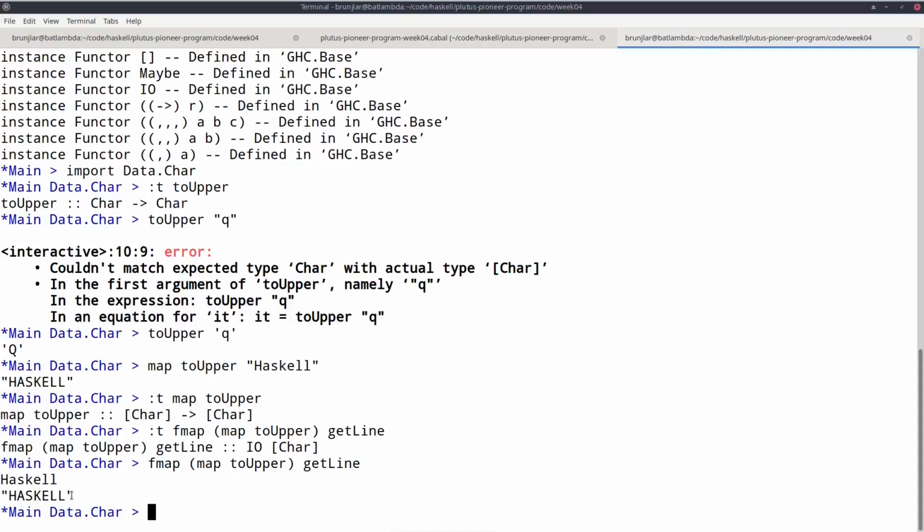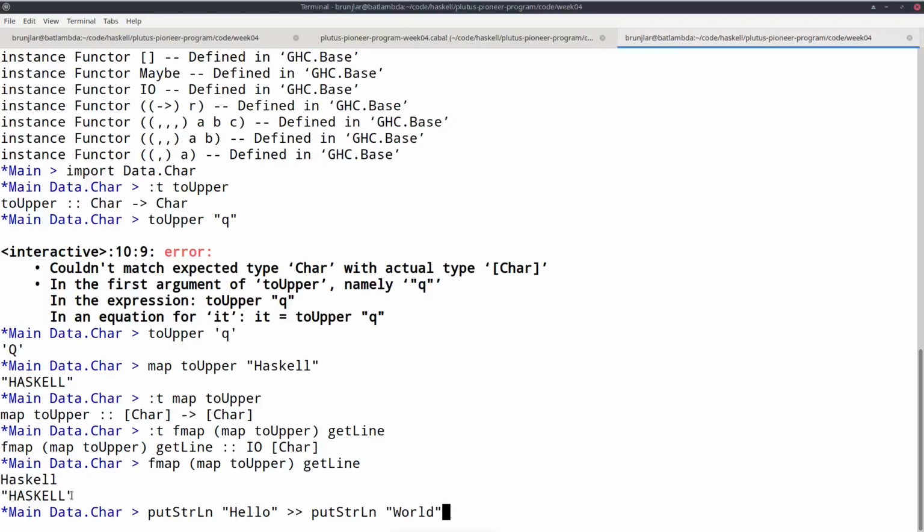A second way is provided by this character. I don't actually know how to pronounce it. It's greater than, greater than. That just chains two IO actions together, ignoring the result of the first. So, for example, we can do putStrLn "hello", and then this operator, putStrLn "world".